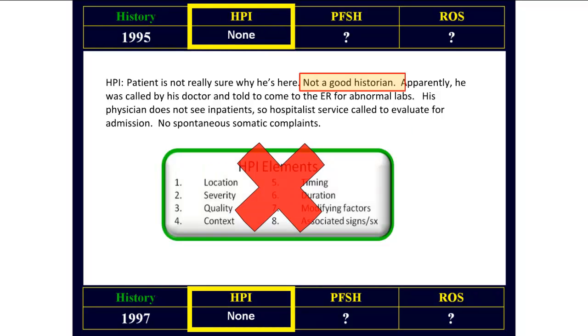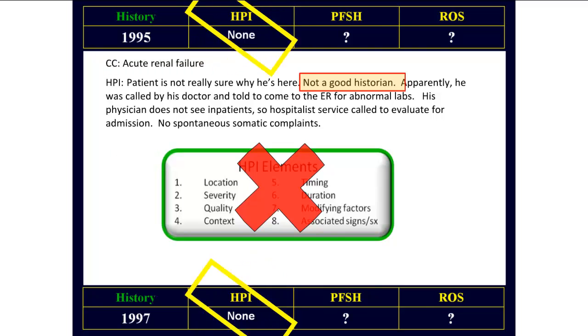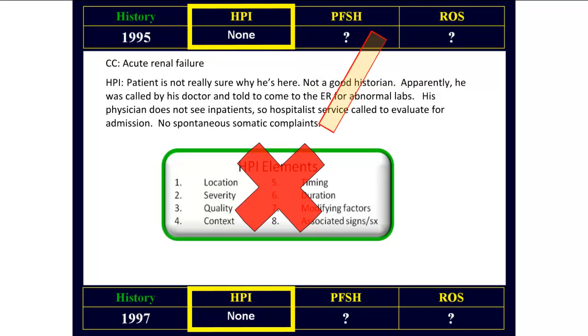So how can we fix these mistakes? First, we need a chief complaint. But what about the HPI? Suppose it's true the patient is a poor historian and has no spontaneous somatic complaints. Can we still construct a valid HPI in these circumstances? And the answer is yes. You basically have 2 options. You can either describe the status of 3 chronic or inactive problems, if you're using the 97 guidelines, or you